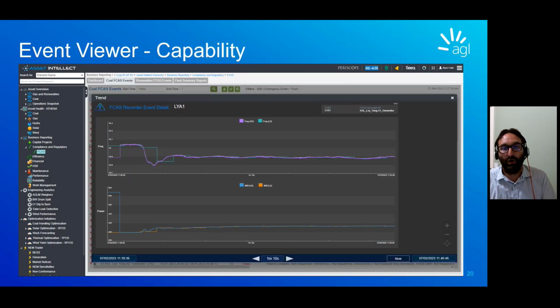We can have a look at what actually happened within that system. The purple is the high frequency data, so you can see where it deviated and how it responded to the low frequency data, which is in the green. If we go to the next slide,